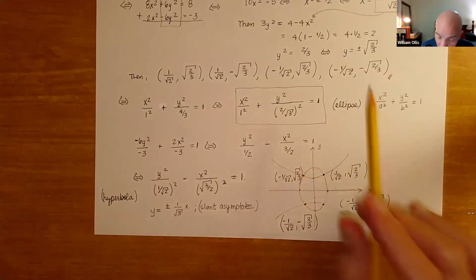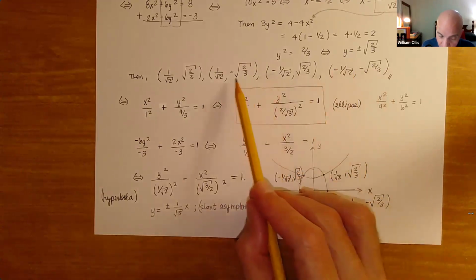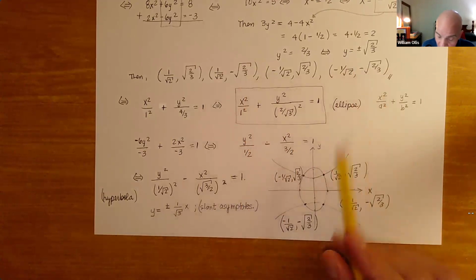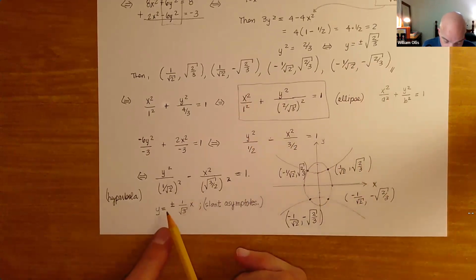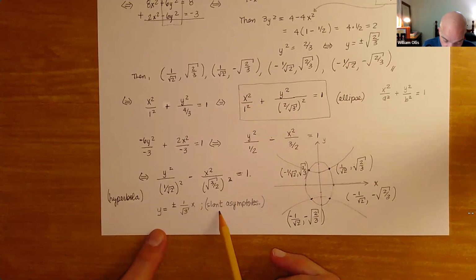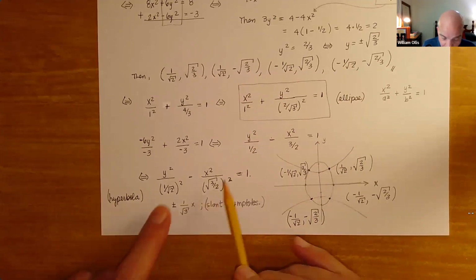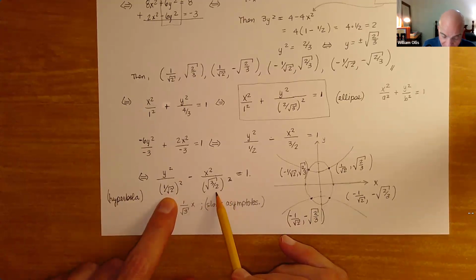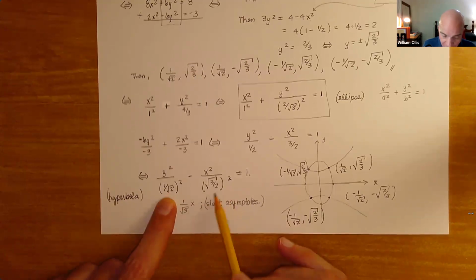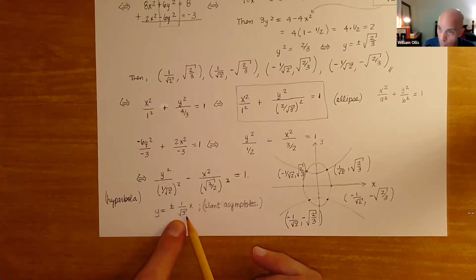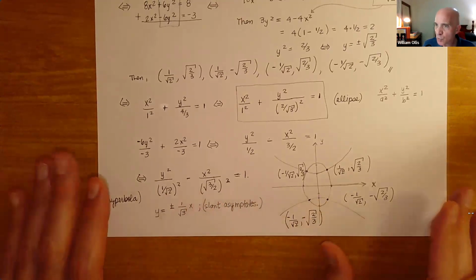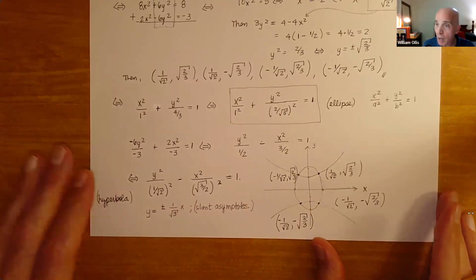And so what we notice here is that we can use the fact that we've solved for these points simply to draw this sketch without a whole lot of extra work. Notice here, I have a formula for the slant asymptotes that is y is equal to plus or minus 1 over root 2 x. And basically what we do is we get that by taking ratios here. And what happens is that the root 2's absorb and we're just left with the 1 over root 3. But again, that's some extra calculation that you'll do when you take